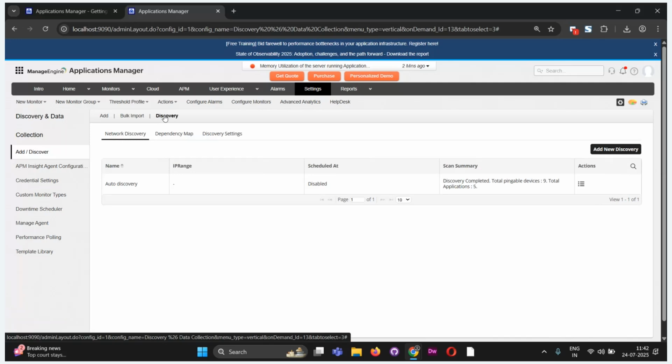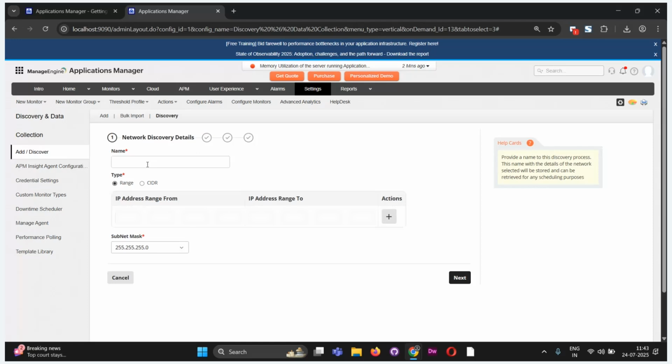As for discovery, we have three types of discovery. One is the network discovery, dependency network discovery, virtual infrastructure discovery, and bulk discovery. So here in the network discovery, just go to add new discovery. Here you can type out the details here. For example,